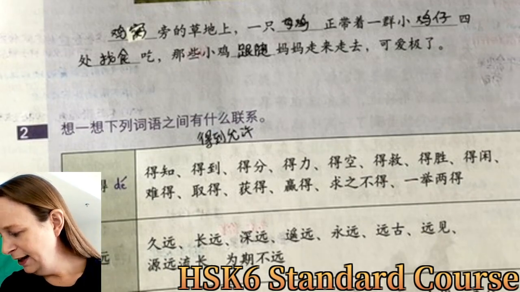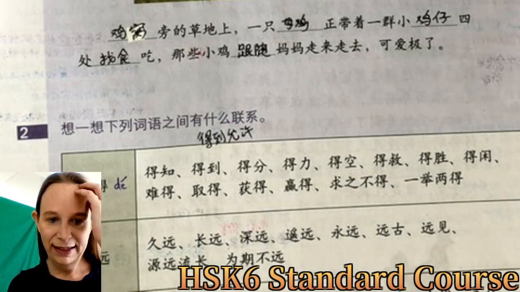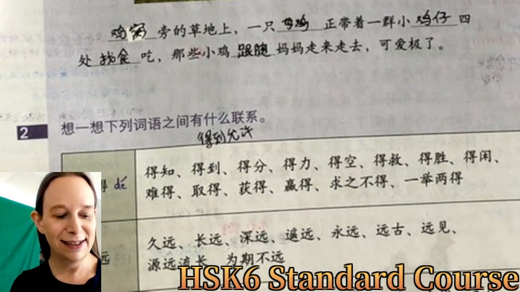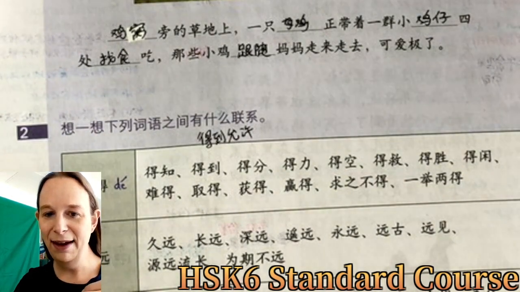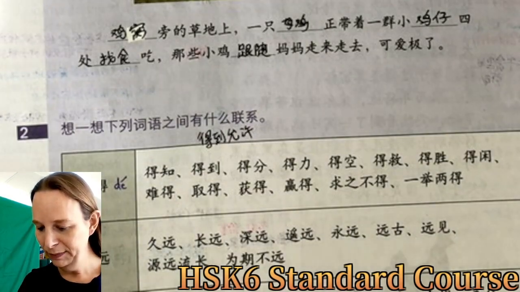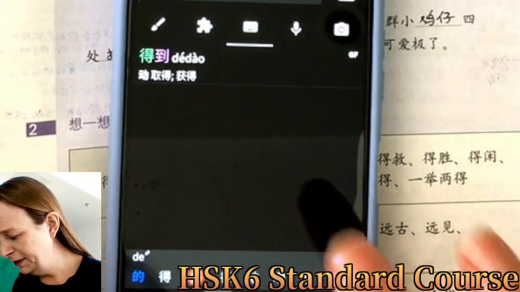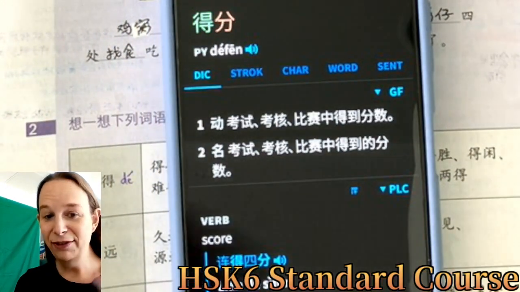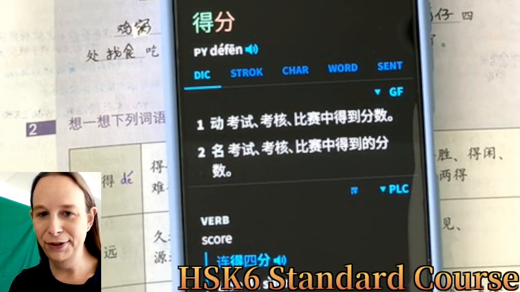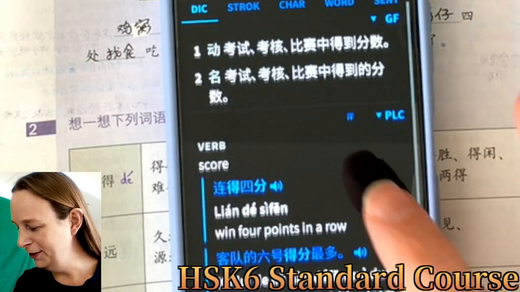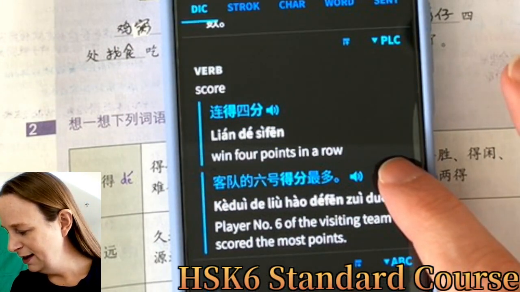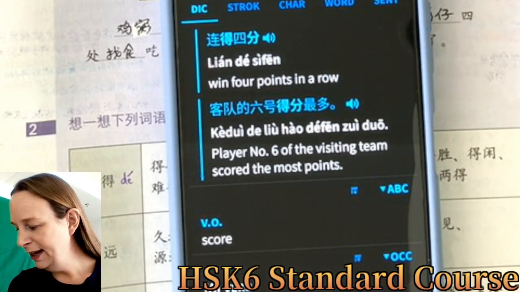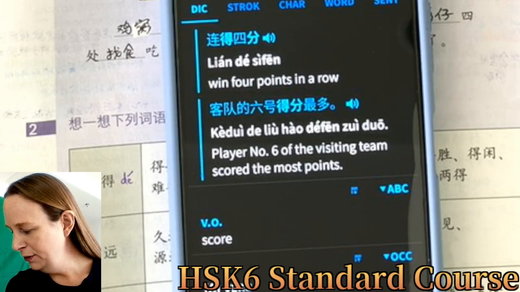All right, next is 得分. Yeah, 得分 to receive. 分 is your marks. So you receive your marks on your assignment or something. 得分. So for the HSK, if you take the handwritten exam, it takes longer to 得分 for you to 得分. 连的4分 I don't know about that one. 课队的6号得分最多